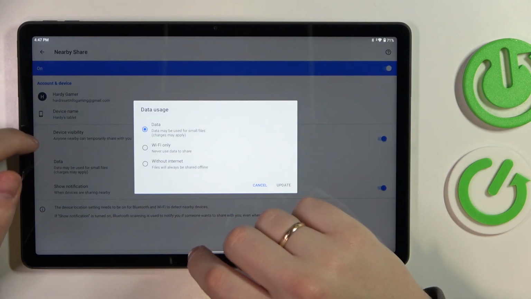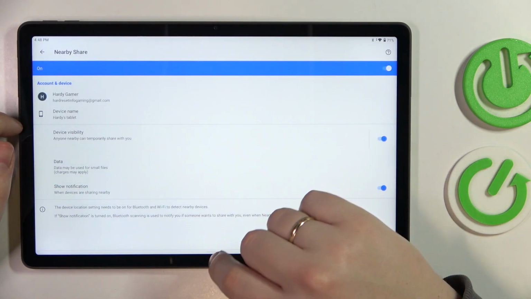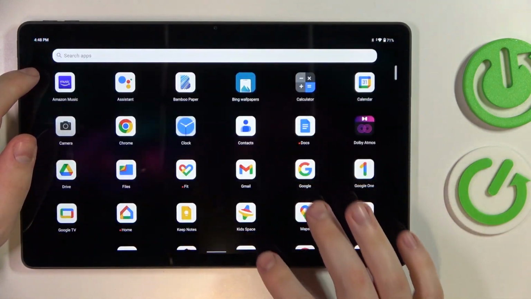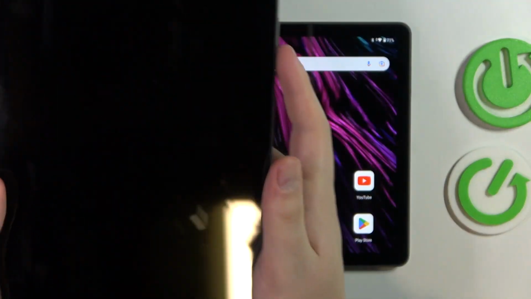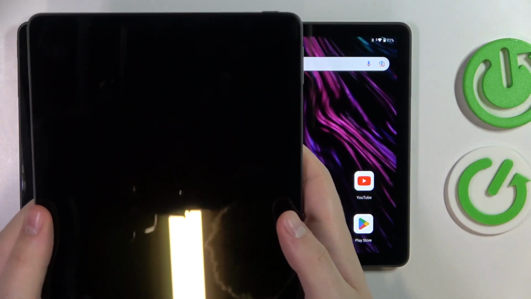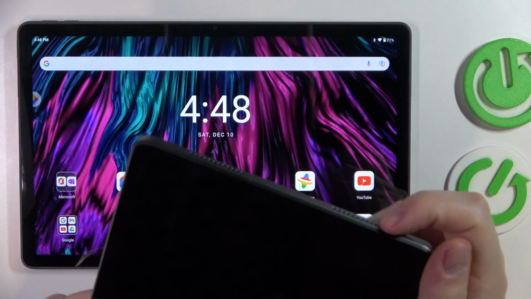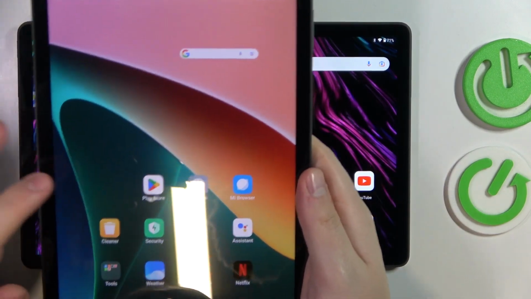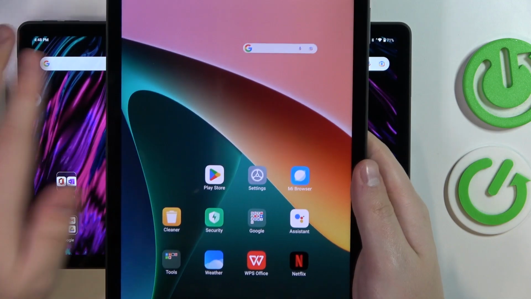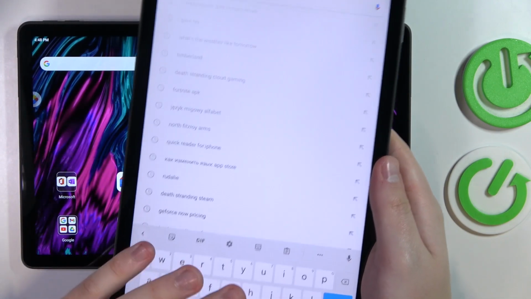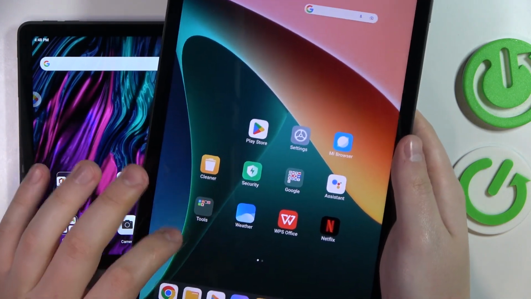Then you can manage the data mode that is currently used, and that means that you are all set pretty much. Now I will try to use this function real quick and see how well it works, how well my Lenovo tablet will be able to receive the files or photos through the Nearby Share. So I happen to have this little Xiaomi tablet in front of me, so let me use it to